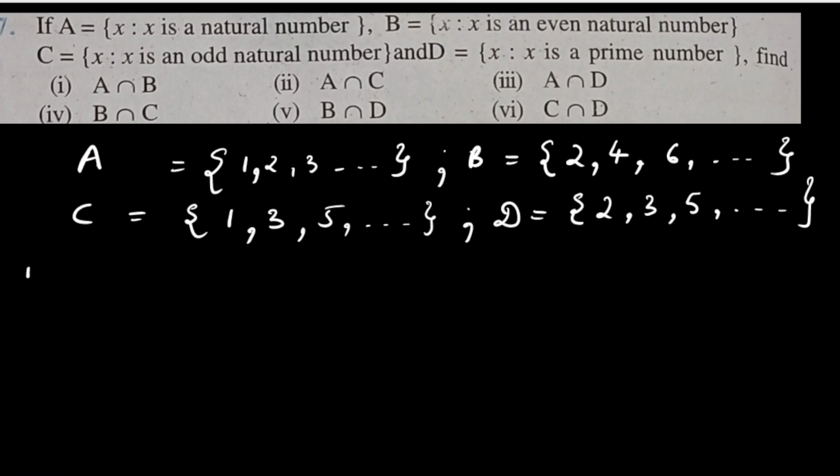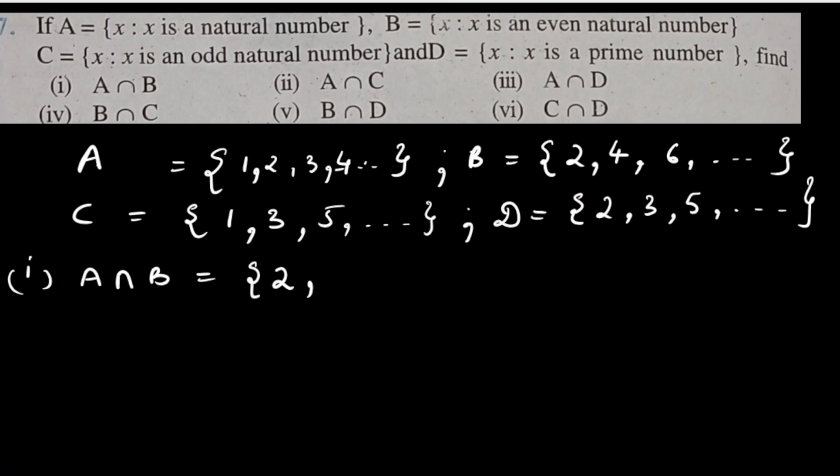So let's do the first one. First is A intersection B. Only their common elements, A and B's, we have to write. So whichever common elements you can see, we can write. So A and B. In A, 2 is common, and then 3 is there in A, but it's not there in